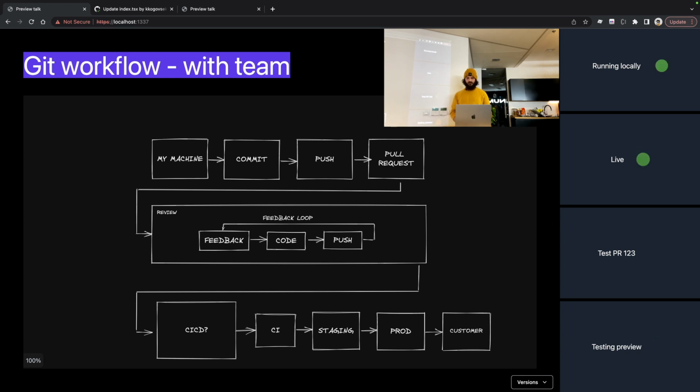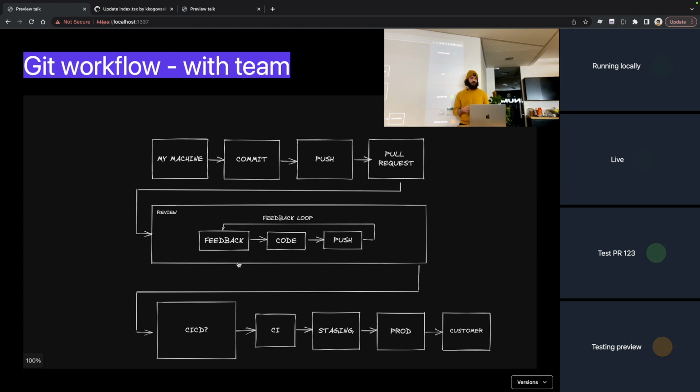And when you add more people to that, you also introduce pull requests. With pull requests, you get another feedback loop. When you commit something, open a pull request, ask a coworker or a friend for a code review. They're going to review it and give you some feedback. Then you're going to go back again and do that circle a few more times until you think it's ready